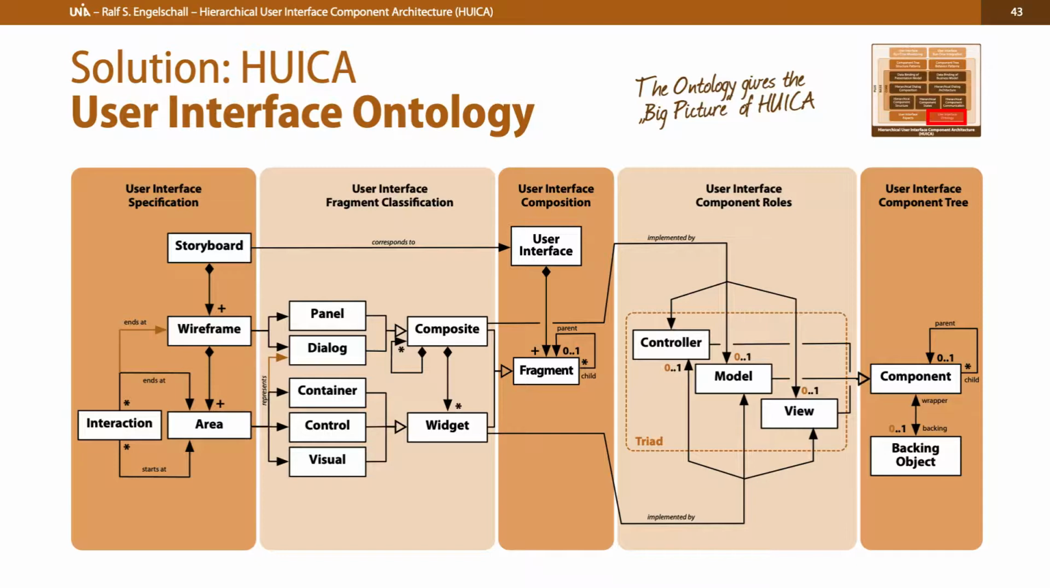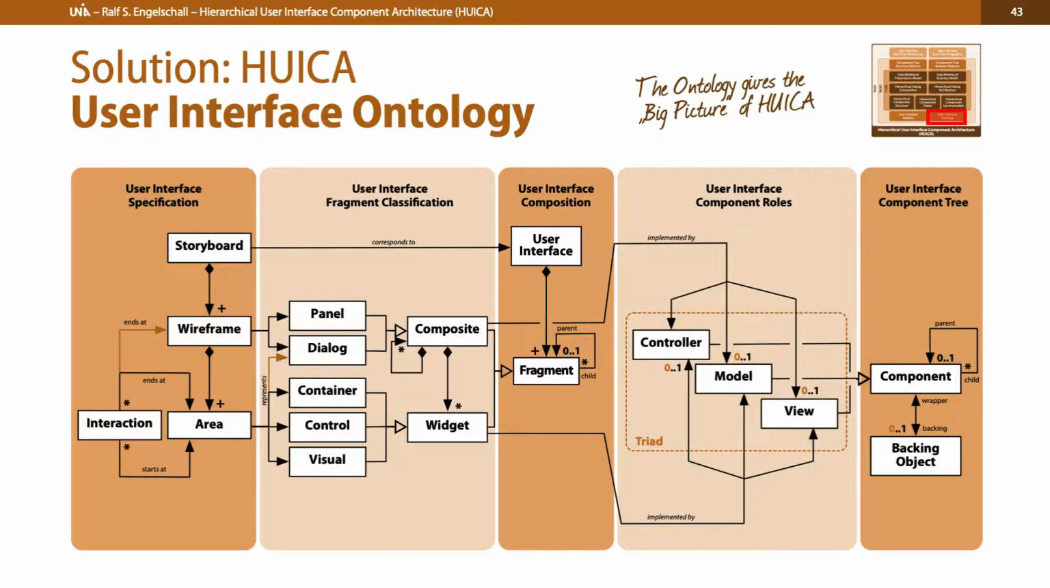The next point is that HUICA classifies various user interface fragments we know about. So we have first the user interface composition, where the user interface consists of various fragments, and those fragments are now classified first into composites and widgets. The composites themselves are classified down to panel and dialog composites, and the widgets are classified down to container, controls